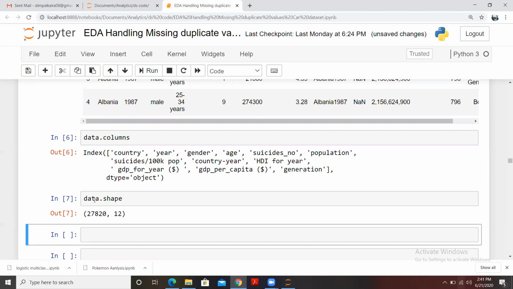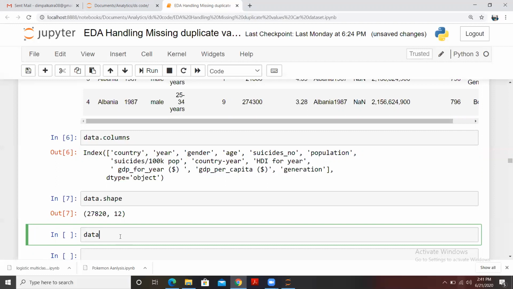So we have 27,820 rows and 12 columns. So in the whole data frame, let's say I want to see the total counts of specific data types that we do have, because we have object as well, we have integer, we have float. So I need to check the total counts for object, integer, and float. So how will I be doing that?